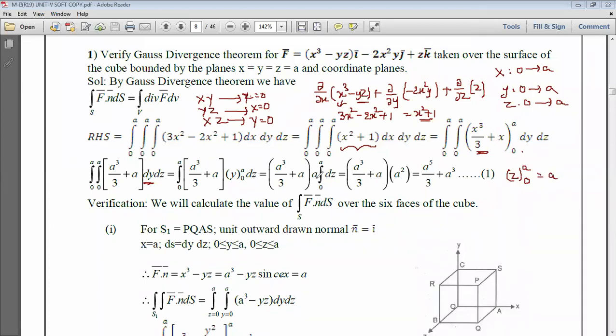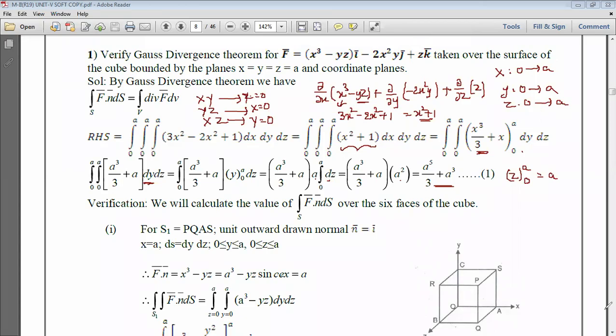So already we have a, and again if you apply integration with respect to a, we get a square. You can multiply this with the other terms. If you multiply, a cube into a square is a power 5 by 3, plus a cube. So this is the one. Any doubt in this one? In the first part, see once.